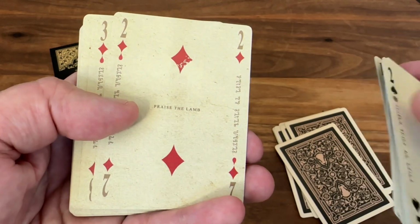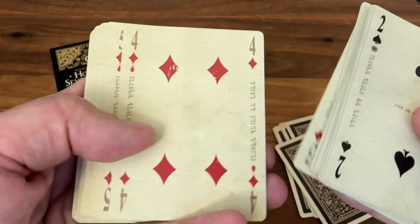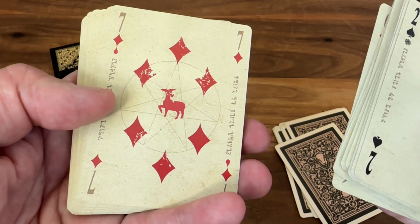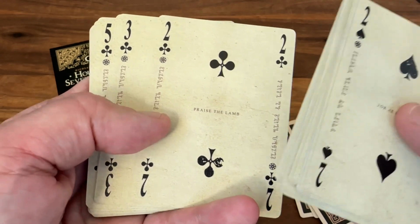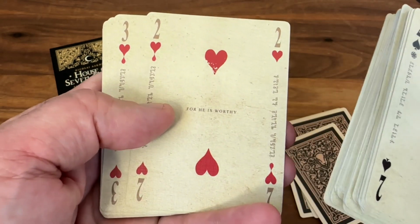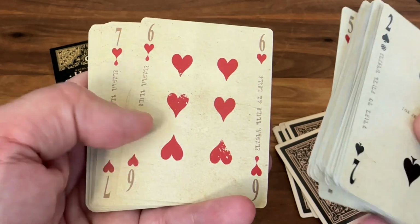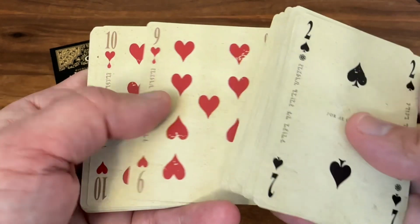I like the weathered looking pips. There's the 2 of diamonds with "Praise the lamb" in the center. And then, of course, as we get to the 7 of diamonds, we get that lamb in the middle again, replacing one of the pips. Then on to the clubs, and one more 7 of clubs. And then finally, the classic red hearts. So, a nice look to them. Nothing too distracting if you wanted to use this for gameplay, but still an atmospheric feel to the